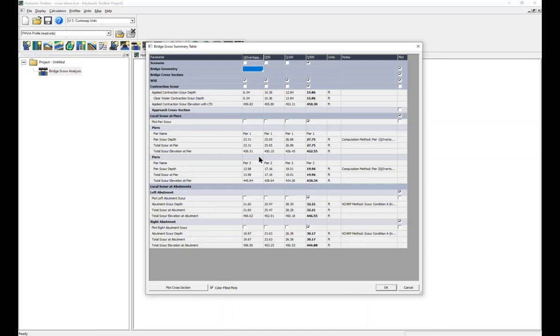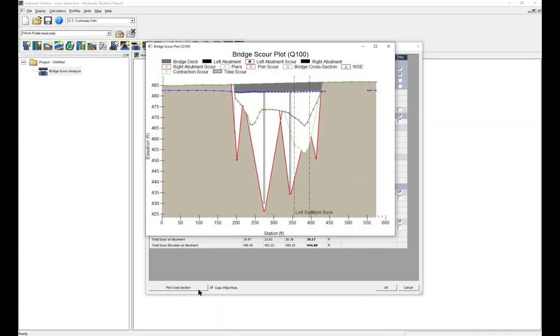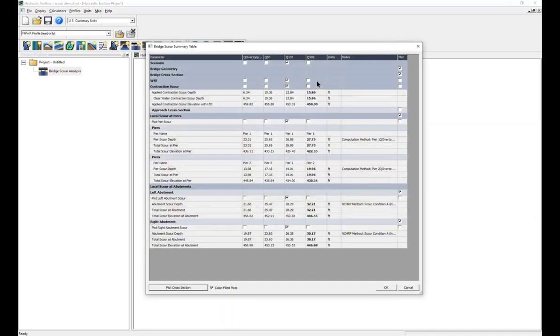We can then look at a cross-section, and for now, let's select just the 100-year event. Plot that, so it'll show the resulting total scour. You can see the contraction scour, the pier scour, and the abutment scour plots, as well as the water surface. You can see the water surface is below the low chord of the bridge, so this is not a pressure flow condition. But if we were now to look at the 500-year event